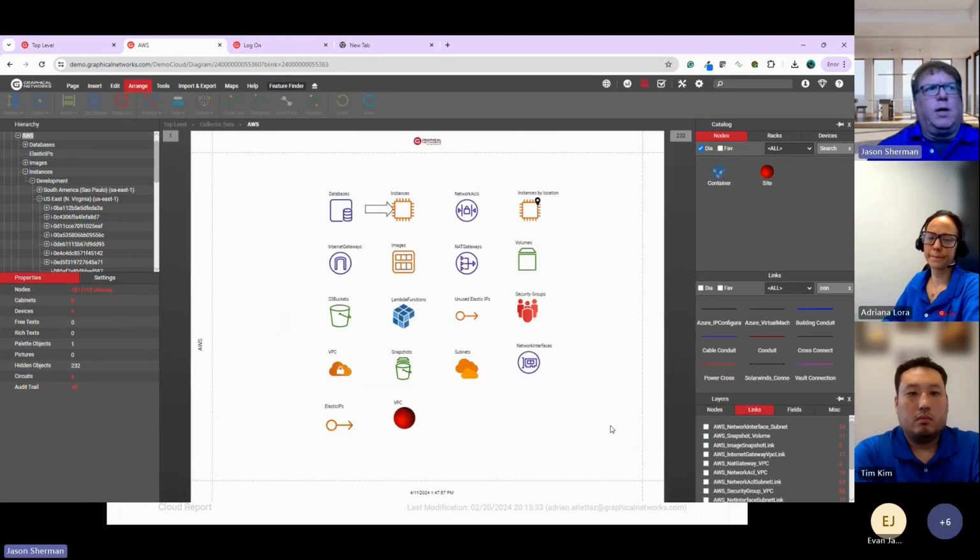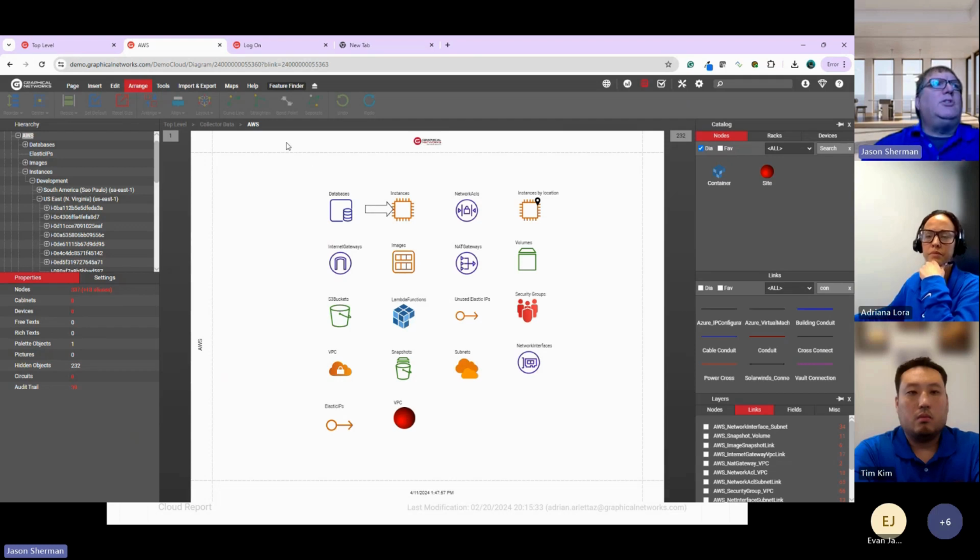So what kind of data might you bring across? Well, from AWS or Azure, the terminology might be different, but it's kind of similar from the standpoint of you have databases or you have instances, whether it's called EC2 or virtual machines or whatever. You have gateways and you have IP addresses and various other things, that data that you're going to collect. So how do we collect that data, though? Well, how do you bring the data across from AWS and Azure?